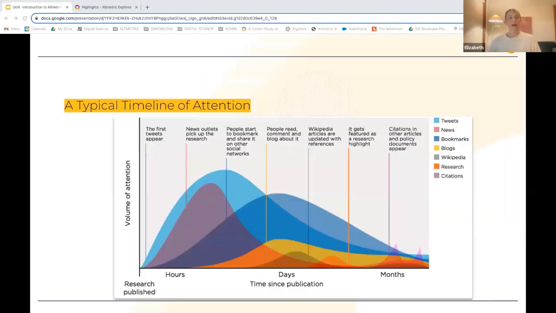And one of the great things about altmetrics is that you can actually see this attention and engagement with your research very soon after it's published online. So what we usually see is the first X post appear, or it might be released alongside a press release from the university. That can be up within a few hours. And then we start to see things like blogs mention the work, Wikipedia updates their references to include this type of research. And then down the line, we start to see things like policy mentions, patent mentions, and of course,